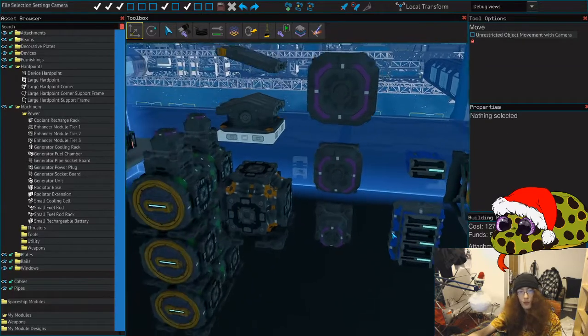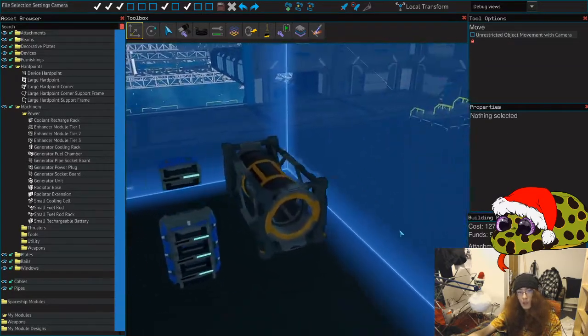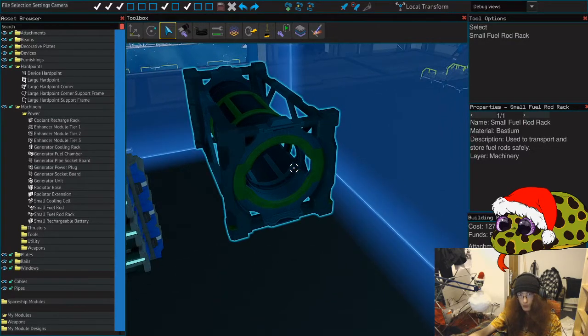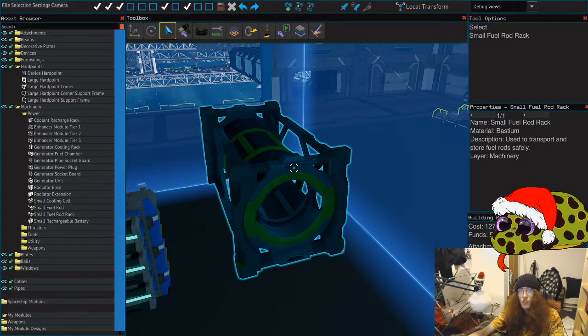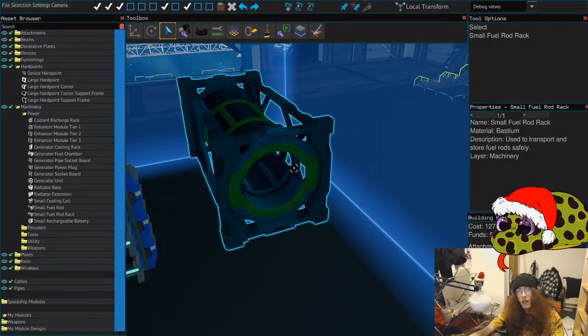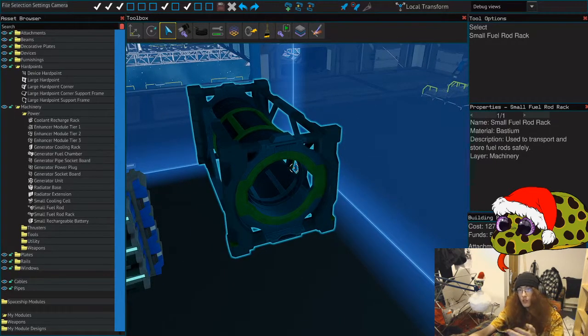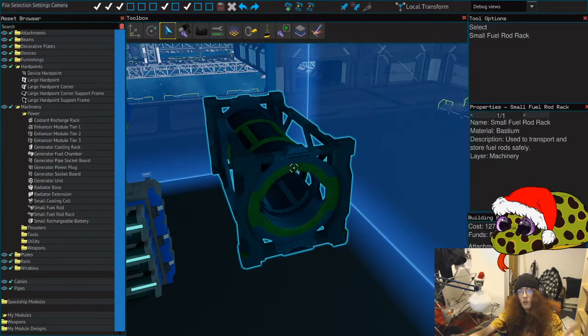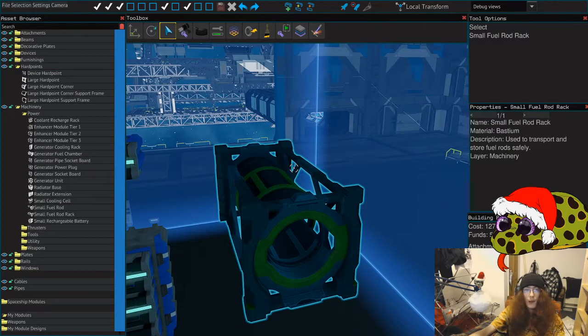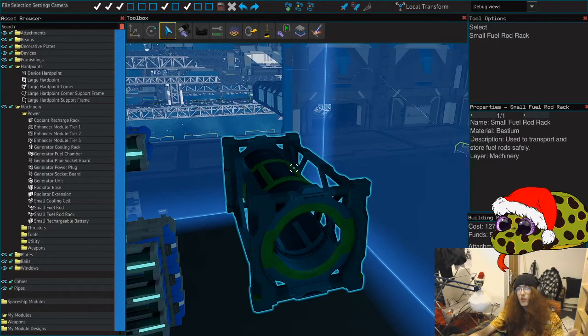Now that we've gone through all of that, we can go on to these. These are primarily used to store your fuel rods. If you have a bunch of them and you want spare, this is one of the main ways to store them. You just slot them in, bolt these to the ground, hey presto, you're good. There are alternate ways to store fuel rods. I'll link one of the videos in the description because there are more space efficient ways to do it, and it's quite nice. That's all these are for, is for